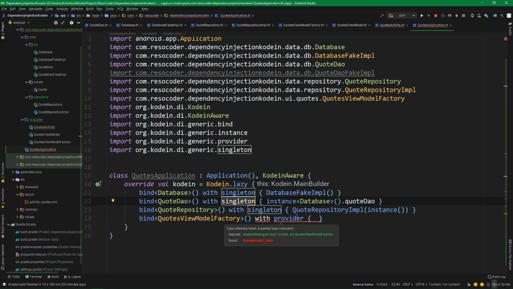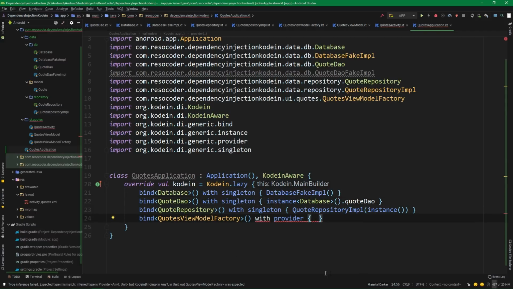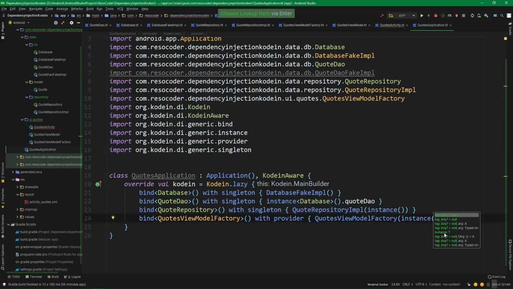So provider instantiates a new instance each time that you request this QuotesViewModelFactory, or whatever you are binding with provider. So we want to instantiate QuotesViewModelFactory, just like this. And this also needs a QuoteRepository, so we are gonna pass an instance of it, and Kodein will handle